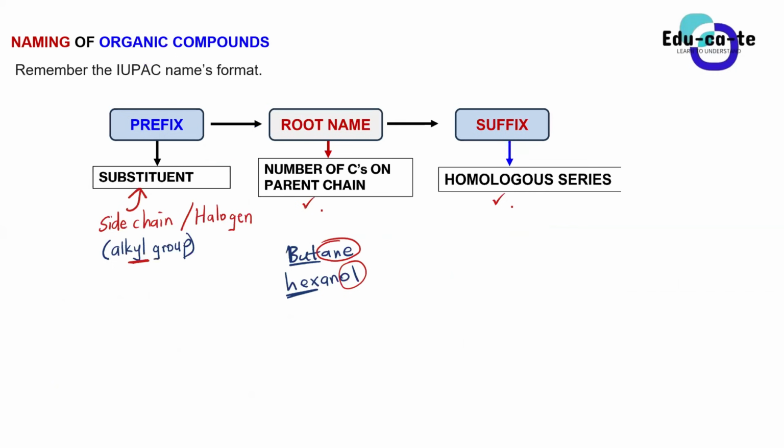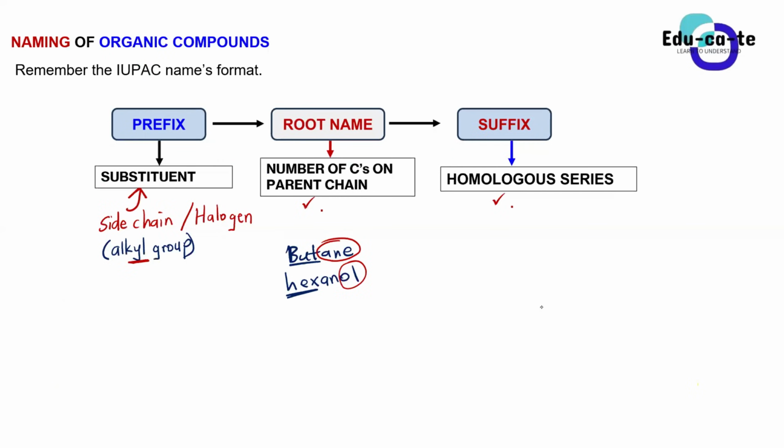If I write something like this as my organic compound, and then now I say this is carbon, this is carbon, and then H here, and H here, and H here, and H here. Okay, and then H here, and H here, and H here, and H here, and then we put an H, we put an H, and we put an H.